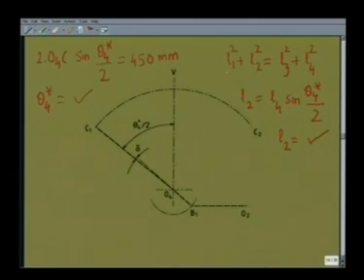L1 has not been changed, L4 has not been changed, L2 we have obtained. So using this relationship for no quick return, I can get the only remaining unknown, that is L3. So we have designed the 4R linkage O2AB04. To obtain the required value of delta, with the new lengths L2, L3, L1, L4 unchanged, I